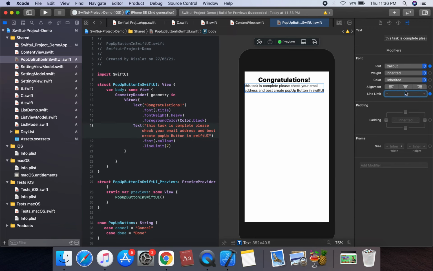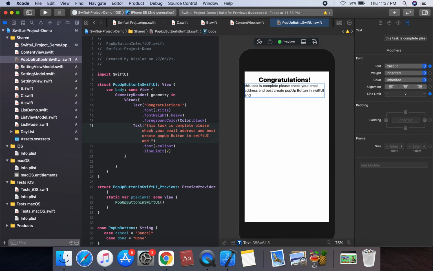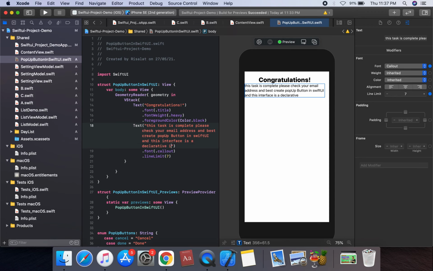Suppose it is 7 lines, and this interface is a declarative interface. So we can use three lines of text.